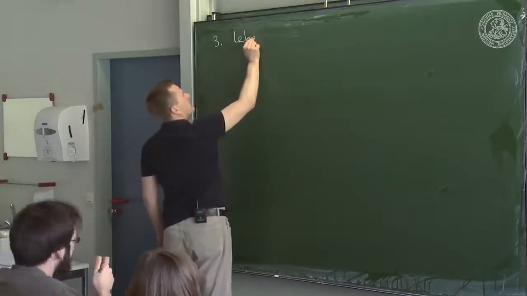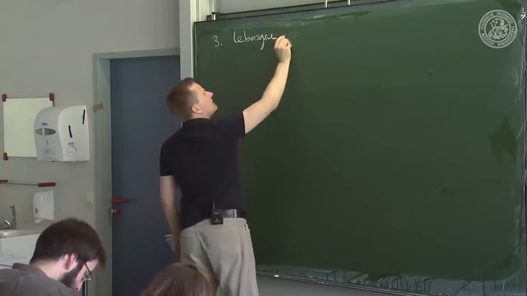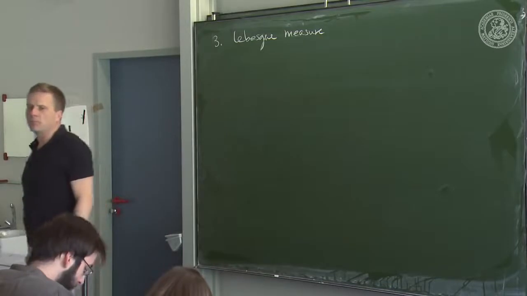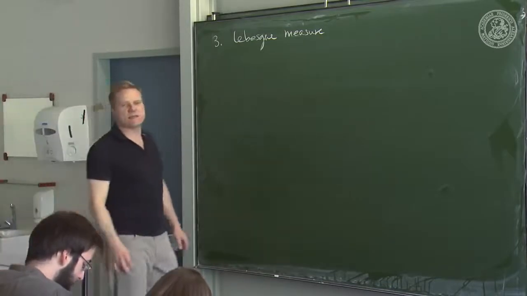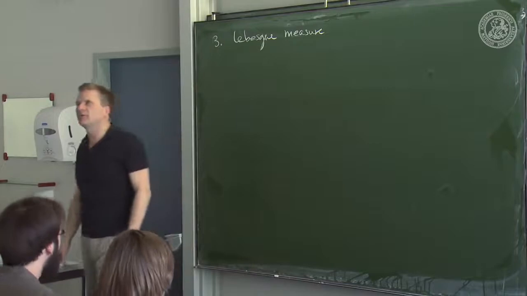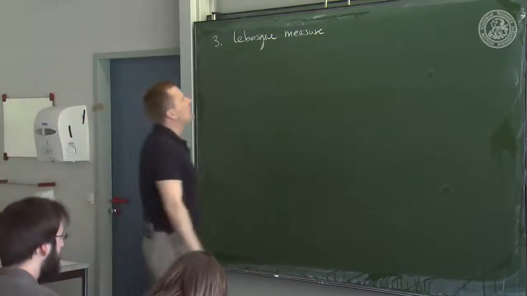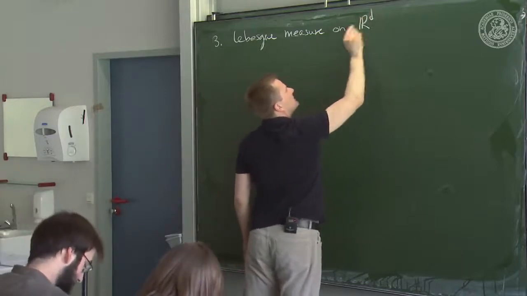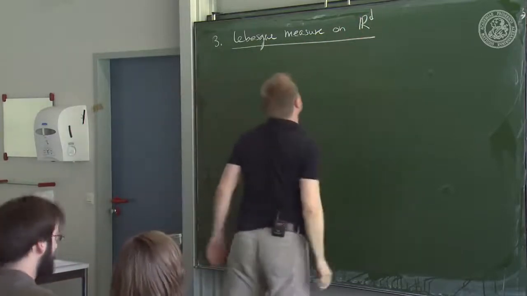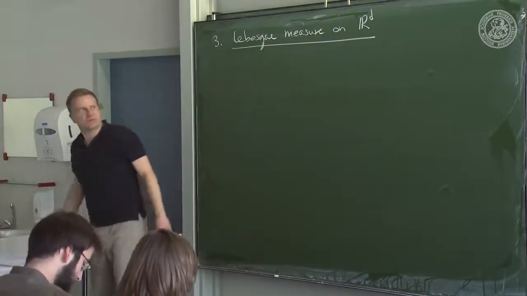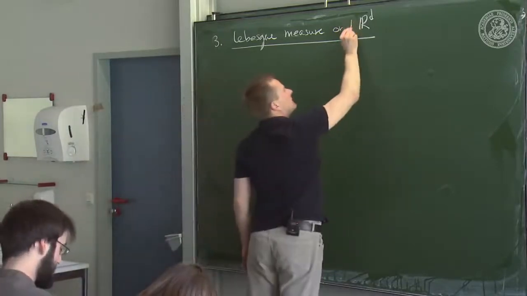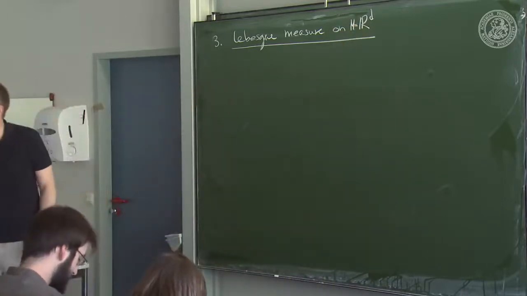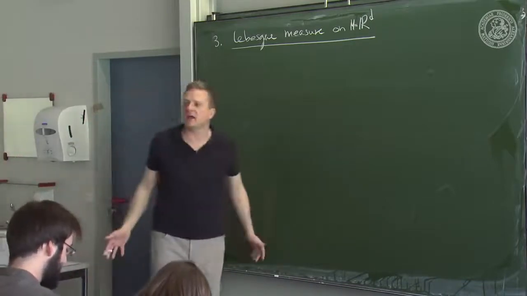And a very important notion is the Lebesgue measure, but you can't have it on any set M. In fact, it's like the standard topology. Well, you could have it on a metric space. You have it on R. You can have a Lebesgue measure. It's only for a very special type of sets. It's R^D. So if your set is M equals R^D, then we can talk about the Lebesgue measure. For other sets, it's simply not there.